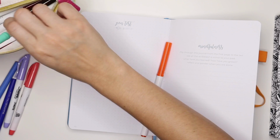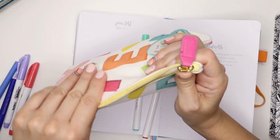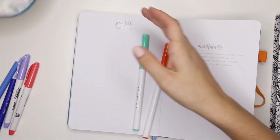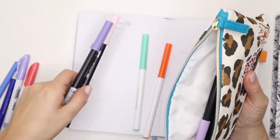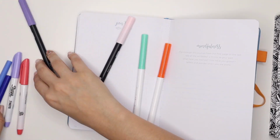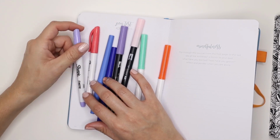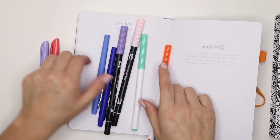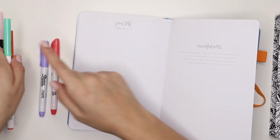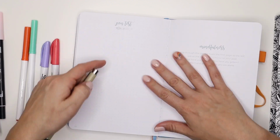Let me just pick out two colors. I have a whole bag of them, and I love these Happy Planner pouches because I use them to hold my stuff. And then I also saw people using Tombow markers, and I want to try out some Paper Mate ones because I love the Flair, and the Sharpie S-Notes because these are new that I've recently purchased. So I just want to try these out, and I will try out, let me just look for one, a Micron pen,